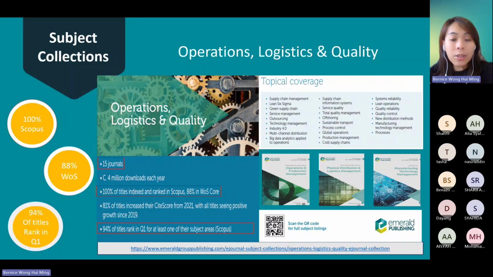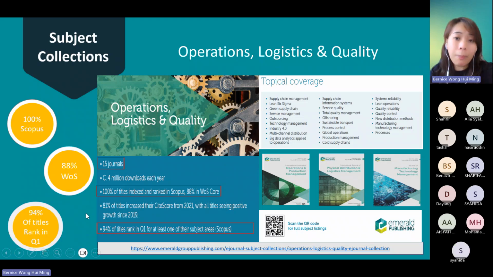Next, operations, logistics and quality. I think quite many authors publish in this journal, especially when they talk about quality or logistics, they will publish in this journal. 100% in Scopus, 88% in WOS, 94% of titles ranked Q1.